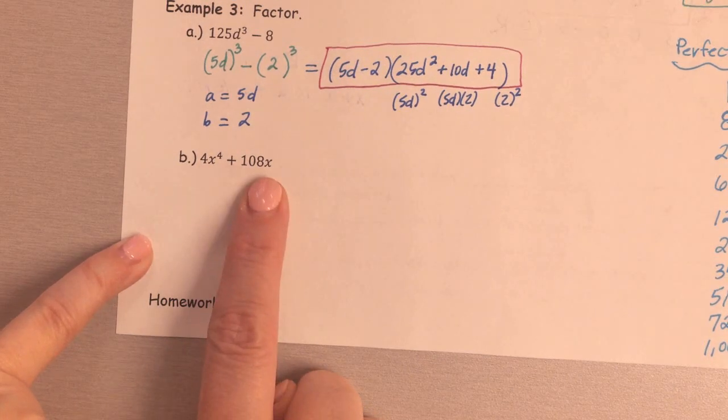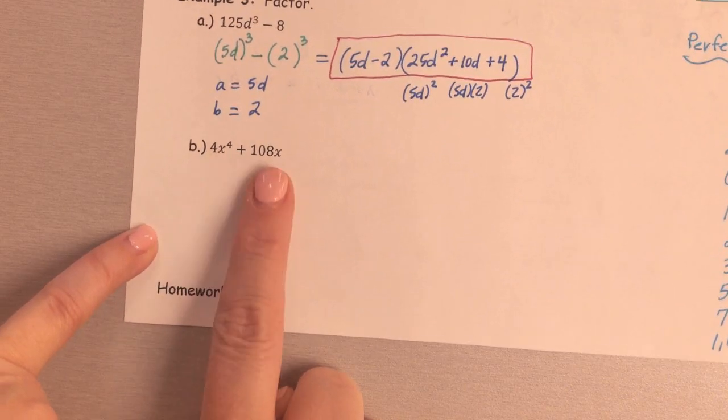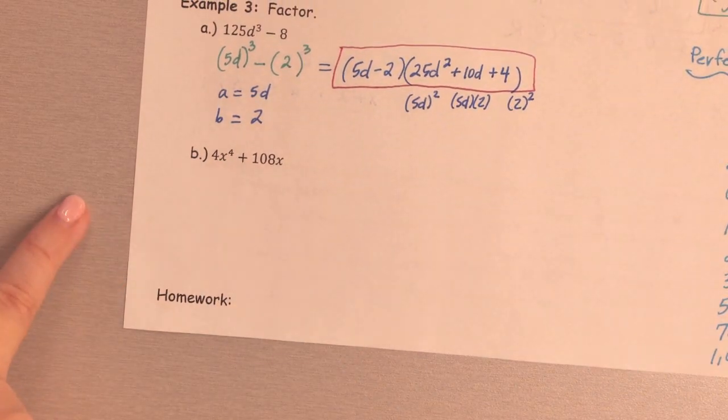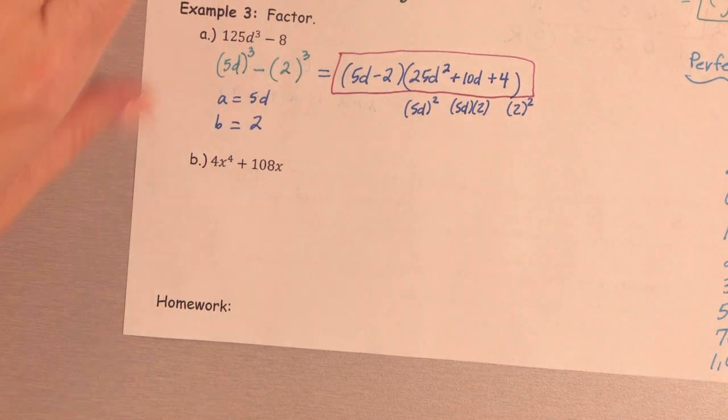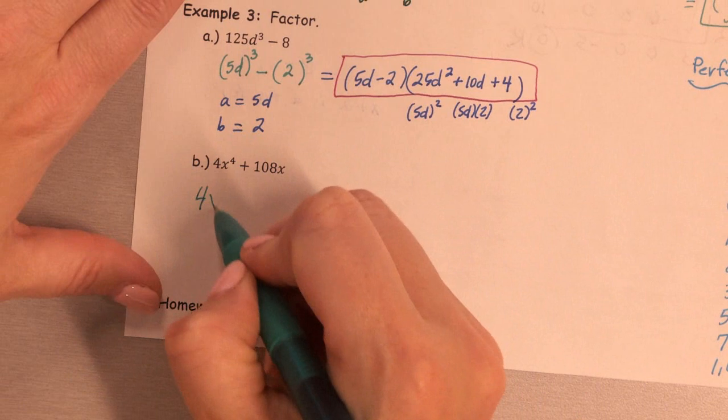If this only has one x, you can't take more than one x out. It has no more to give you. Okay, it only has one x. That's the most it can give you. This could give you 4, but because that one's a 1, you can only take out one x, okay? So when you're taking out the GCF here, it's going to be 4x,